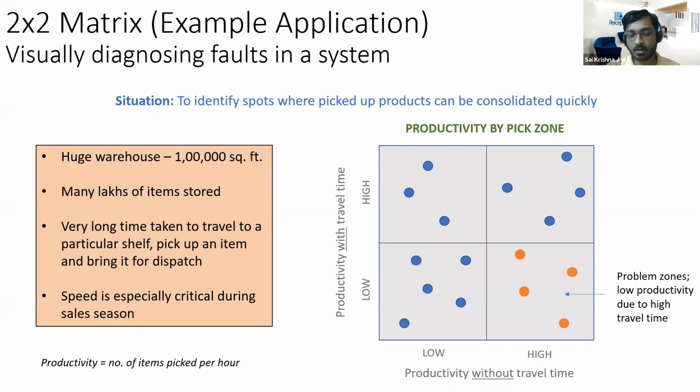Okay, so when you are performing operations at an all India level, dispatching lakhs and lakhs of products daily, the speed becomes very essential. Okay, and in e-commerce today, they have something like same day delivery, next day delivery, and so on, right? In order to achieve those targets, this sort of a metric becomes very, very important.